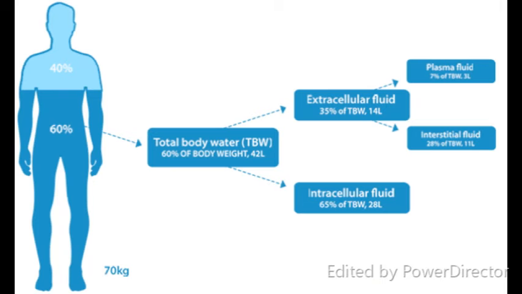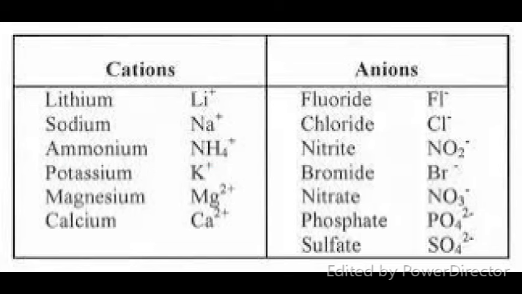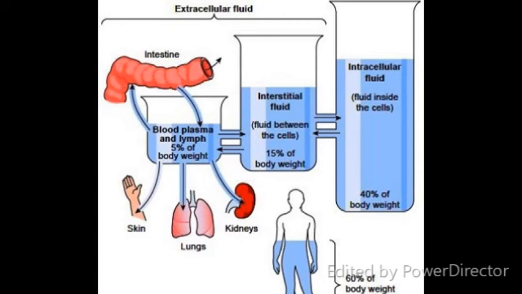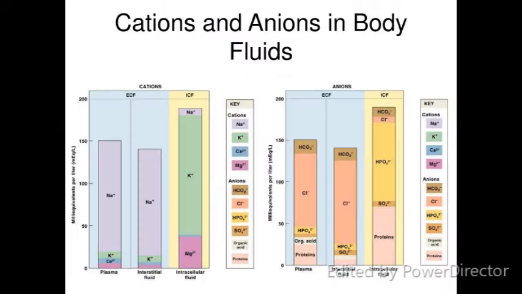The differences in physical properties between the intracellular and the extracellular water distribution is dependent on the presence of different major cations and anions. Around 65% is intracellular and 35% extracellular. The extracellular distribution is dependent on sodium, chloride, and bicarbonate concentration. And the intracellular distribution is dependent on potassium and inorganic phosphate concentration.